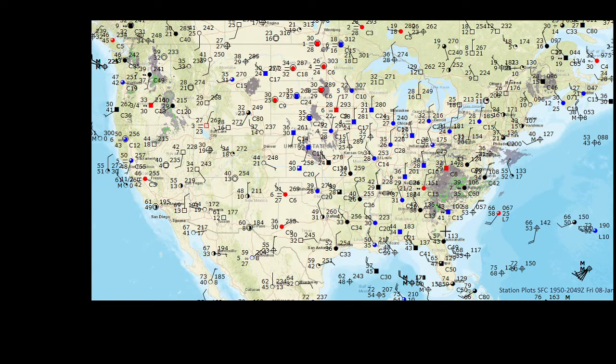And then, getting up into the mountains, you get the lower ceilings. Ceilings are less than 1,000 feet, and then between 1,000 and 3,000 feet on the west side of the mountains, and then to the south. So you can see how that system is affecting the lower cloud base,